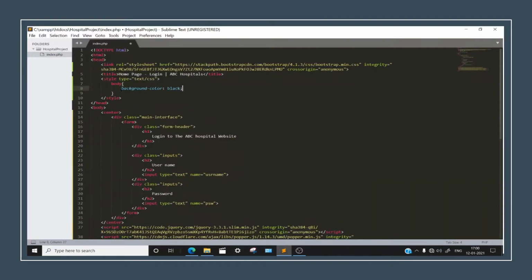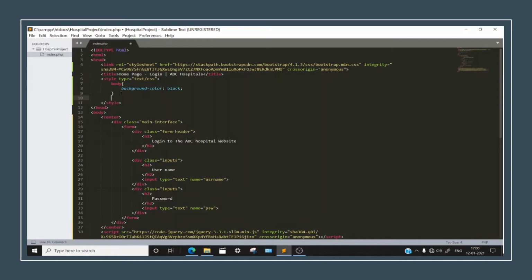Now let's go further. Now I will be designing. If you have this main interface, it's a class of div, so you have to keep dot main interface.